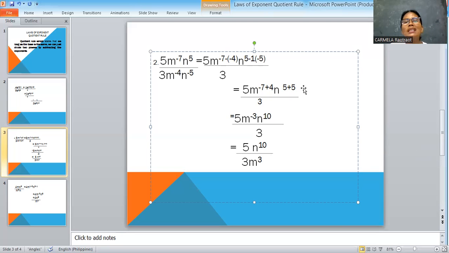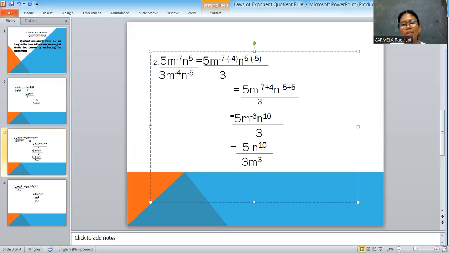Negative 1 times negative 5 will become positive 5. So it became plus. Understood? So simplify: 5m raised to the power of negative 7 plus 4. This will become m raised to the power of negative 3 and n raised to the power of